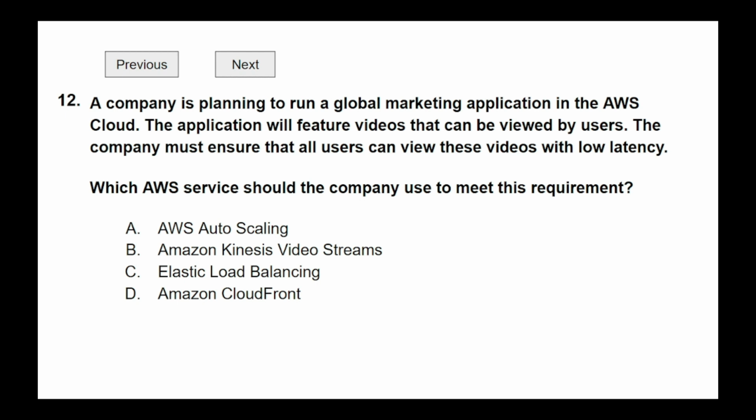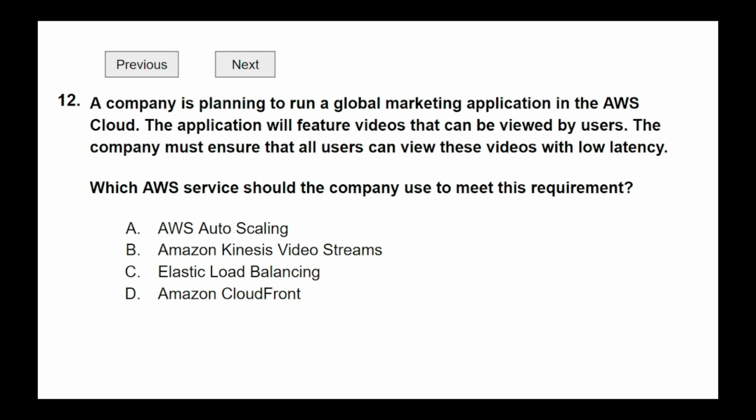Amazon Kinesis Video Streams is an AWS managed service that you can use to stream live video from your devices to AWS. Kinesis Video Streams can also be used in building apps for real-time video streaming. A load balancer distributes incoming application traffic across multiple EC2 instances across multiple availability zones. Load balancers will detect unhealthy instances and route traffic only to healthy instances.